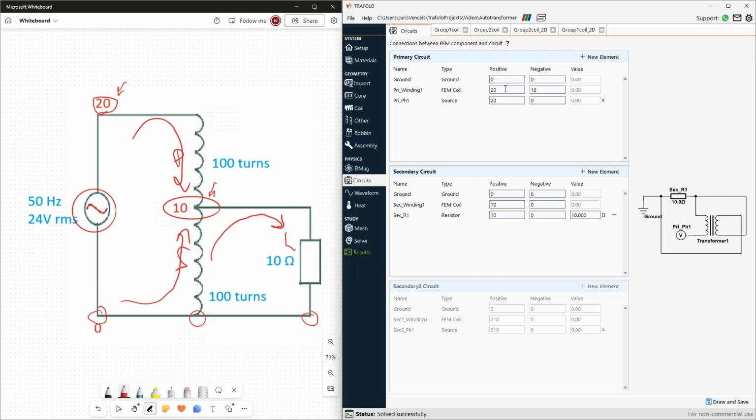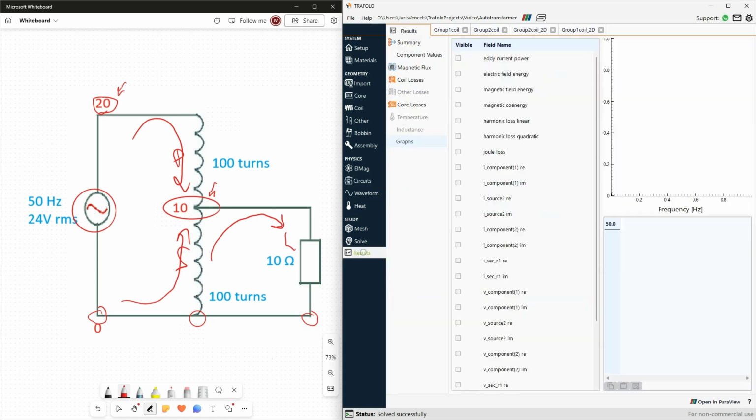So let's go back to the circuit builder in TRAFOLO. So 20 and 10 for the primary winding, 20 and 0 for the voltage source, 10 and 0 for the secondary winding, and then 0 for the load as well. Once the simulation is over, which takes about 15 seconds in this case, head to the results graphs section,